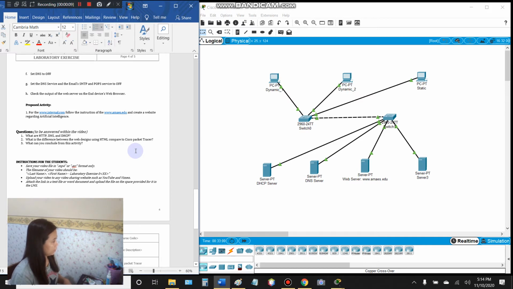Questions to be answered within the video. What are HTTP, DNS, and DHCP? The DHCP, or Dynamic Host Configuration Protocol, helps us to assign an IP address and related IP information to the computer in the network, while the DNS, Domain Name System, is used to convert a website name to its IP address and vice versa. It is to ensure that our computer can find the right site through its IP address rather